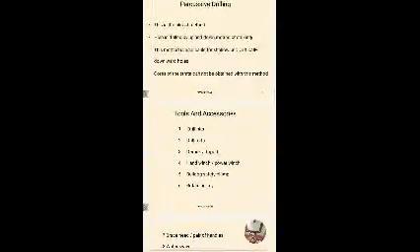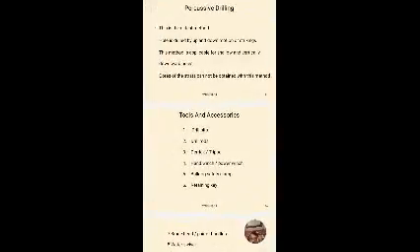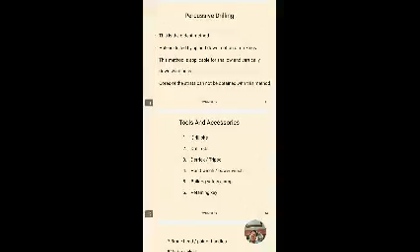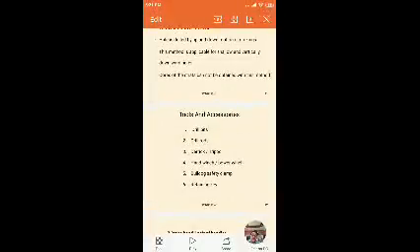Tools and accessories. Different tools and accessories are required to complete the boring. Here we are going to discuss the various tools and accessories used for drilling.